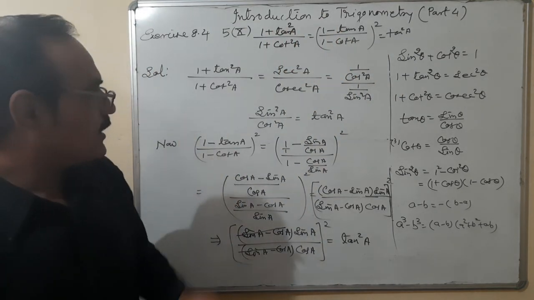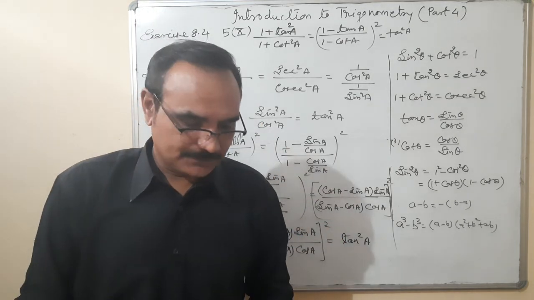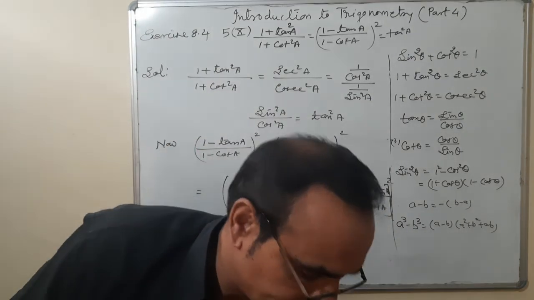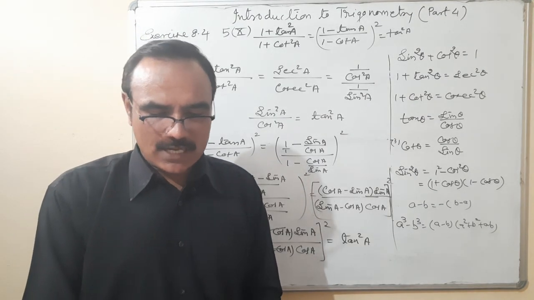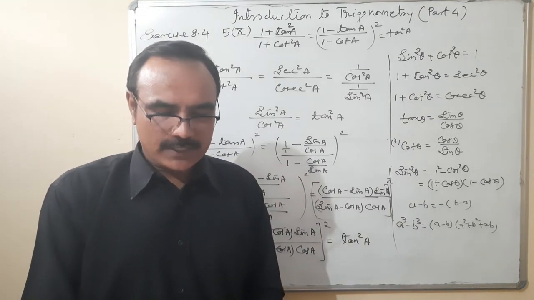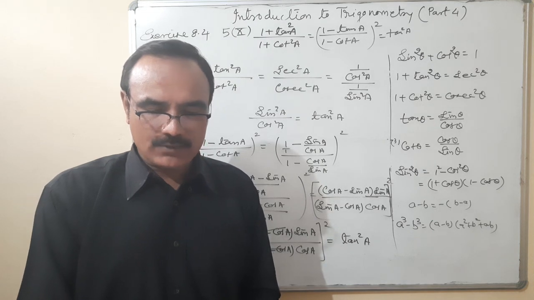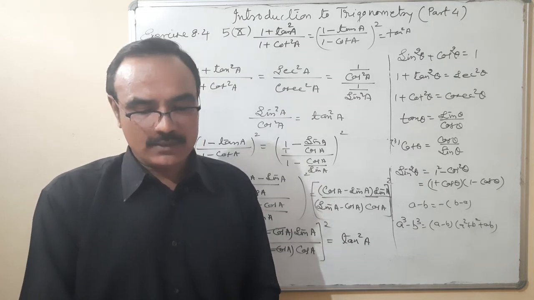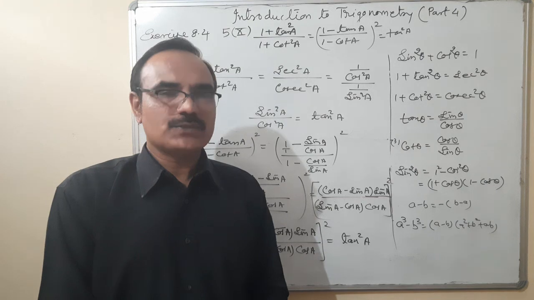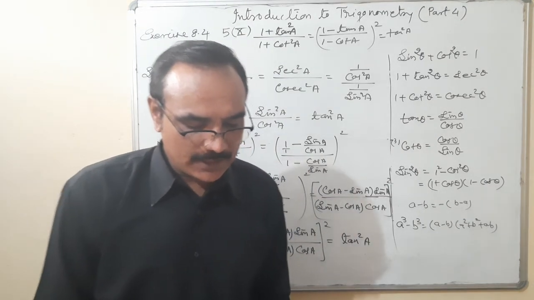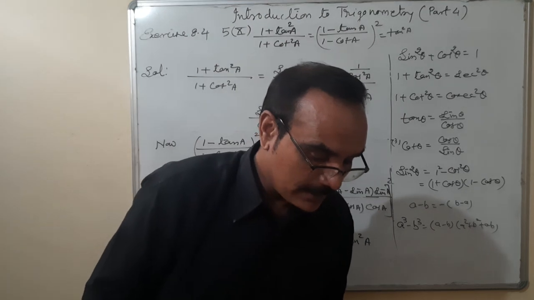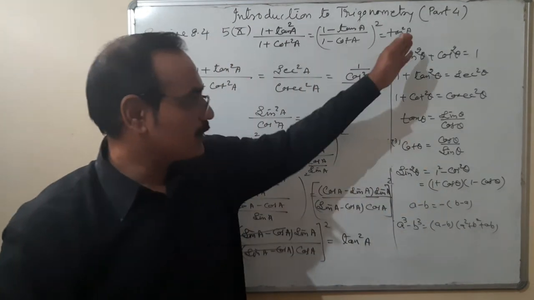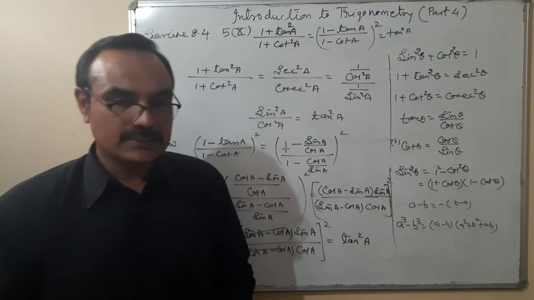Okay. So these are all the questions of this exercise. After that, remaining questions I hope you can solve. One question, number 8: sine A plus cosec A whole square, cos A plus sec A whole square. You can use the identity A plus B whole square. And finally, cosec, tan, sec. You are going to use these identities and get the right hand side term.